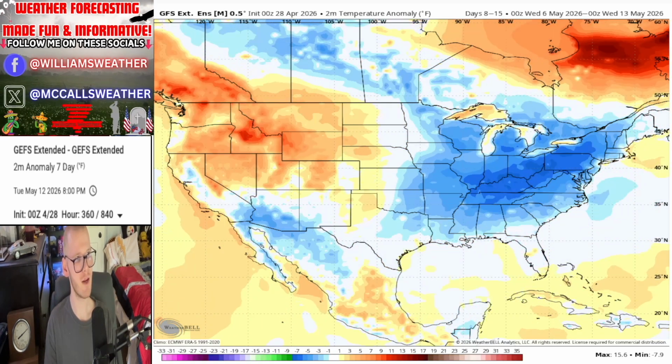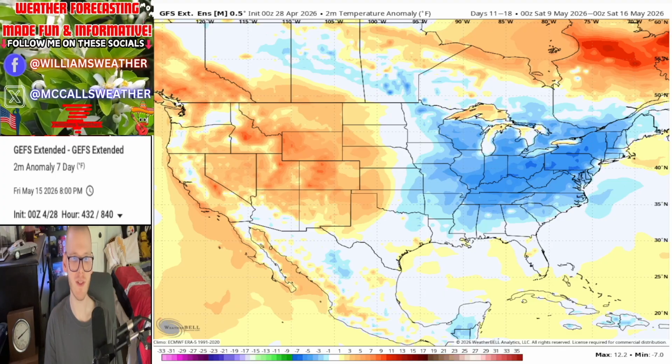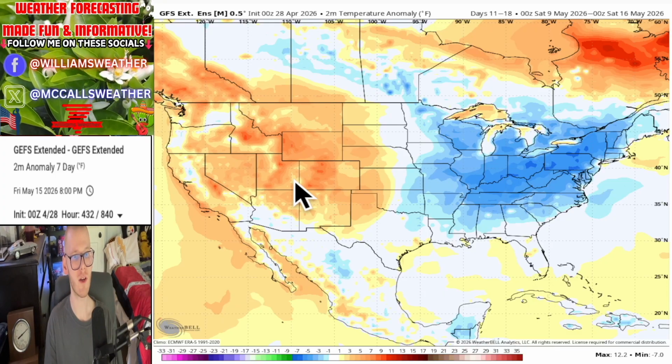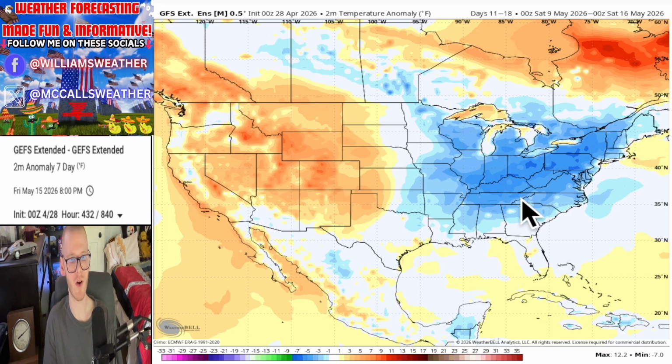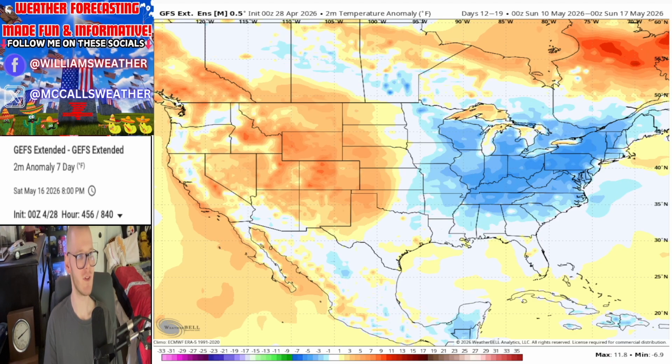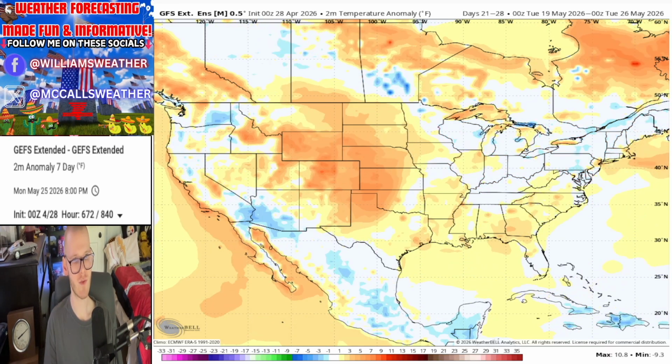Head off into the middle of the month, let's say the 15th time frame, much of the same story. Southwest coming in on above average temperatures, and much of the western part of the country is dealing with above average temperatures, while the eastern part of the country is dealing with below average temperatures. Head off into the end of the month, really much of the same story, but it's looking like a little bit more of the eastern part of the country is coming in on above average temperatures.